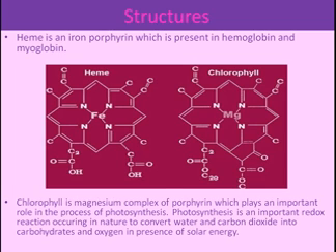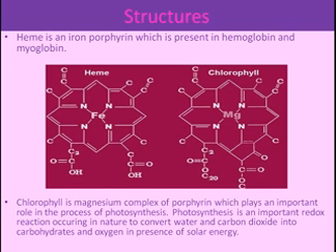On the other hand, the porphyrin ring consisting of the metal ion magnesium is the structure of chlorophyll. Chlorophyll is known as the magnesium complex of porphyrin, which plays an important role in the process of photosynthesis. The function of the chlorophyll molecule is to absorb photons in the red part of the visible spectrum and pass the energy of excitation to another system in the reaction chain. The role of magnesium is to make the entire molecule rigid so that the energy absorbed is not easily lost.